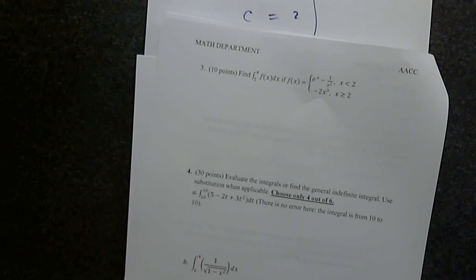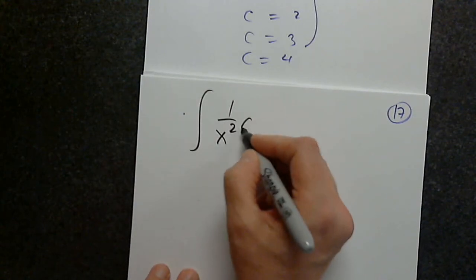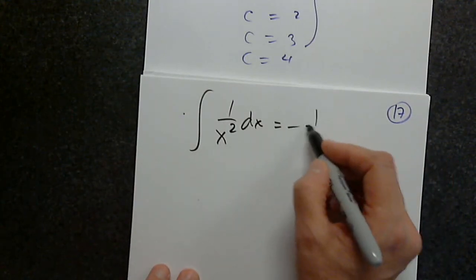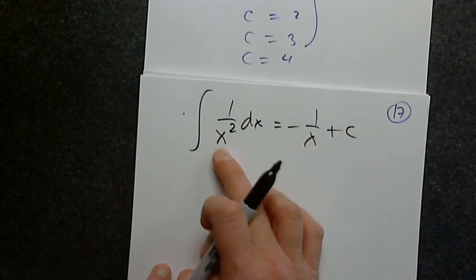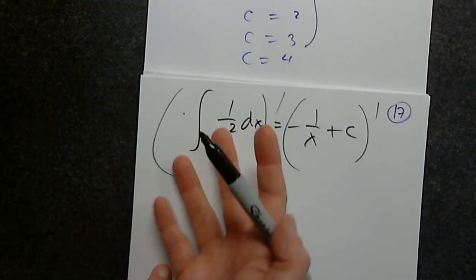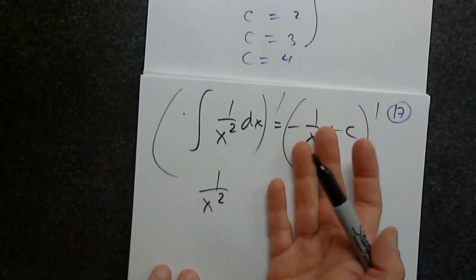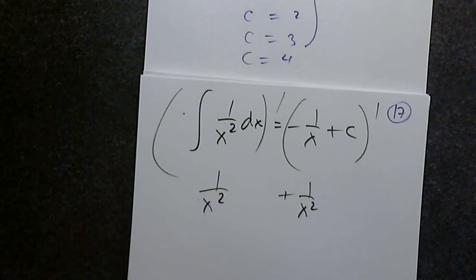So what's the integral of 1 over x squared? The integral of 1 over x squared. Very good. It's negative 1 over x. Excellent. So the integral of 1 over x squared dx is the function that I differentiate to get this. Which function do I differentiate to get this? It's negative 1 over x, right? Let's check. When you differentiate this, you get negative 1 over x squared with minus in front. Well done.